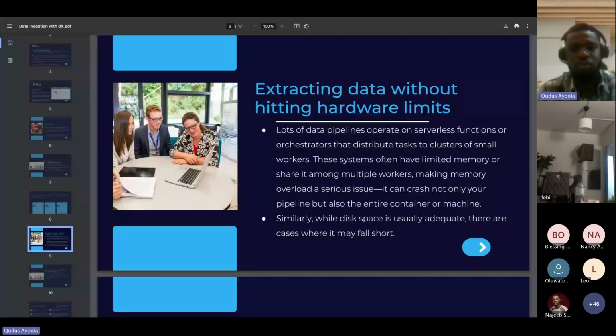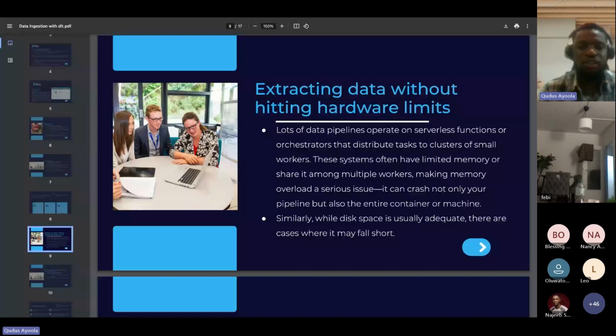So there are limits to those memories. So how do you run your pipeline in order not to run out of memory? Because when you are working with large data or you are performing a task that involves using a larger memory, you can crash your data pipeline. You can also crash the machine at that particular period in time.